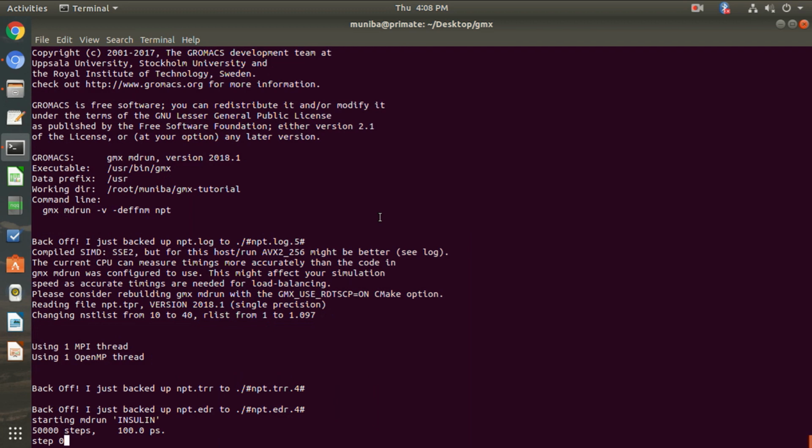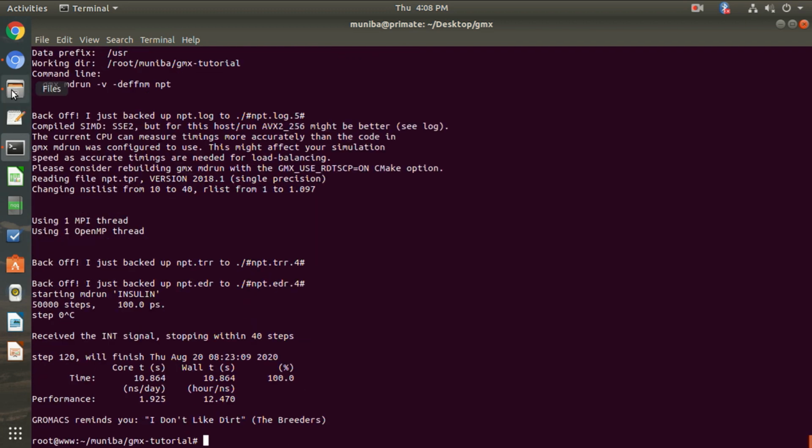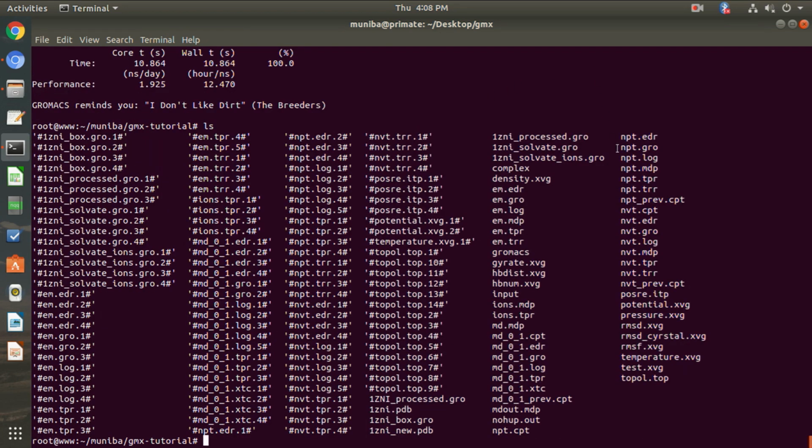Again this command also takes a while to finish, so I have already kept the output files. I have already done this command, so I have the same output files as nvt, that are .gro, .edr, .tpr, .trr. Okay, now we have finished 7 steps and we have equilibrated our protein.